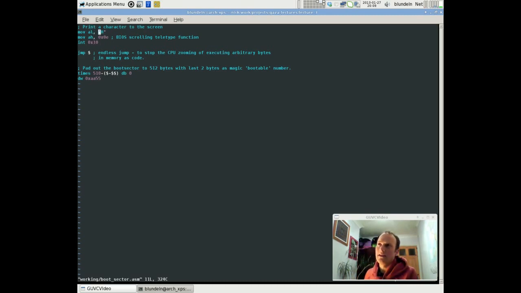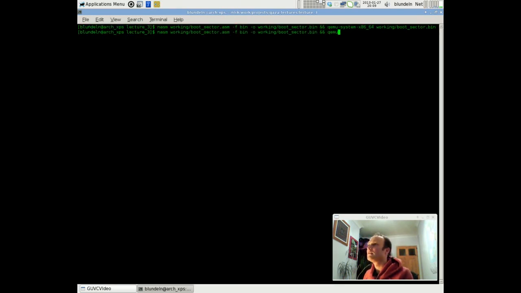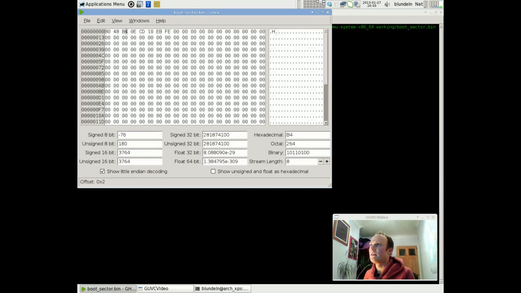So we're printing this H here. This is just a literal value. If I just compile that, and I look at the hex, I see this H. This is the H that's being used in that move, so it's moving this value into the register, and the